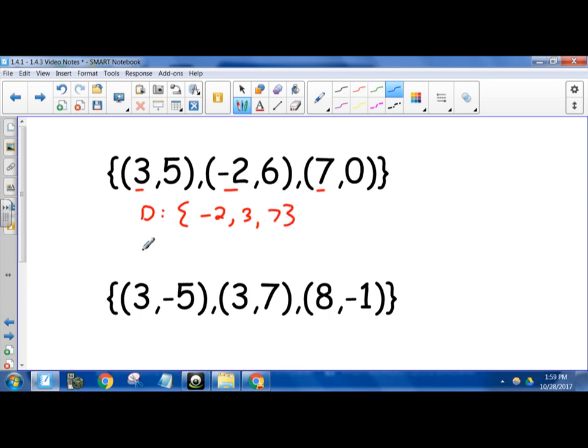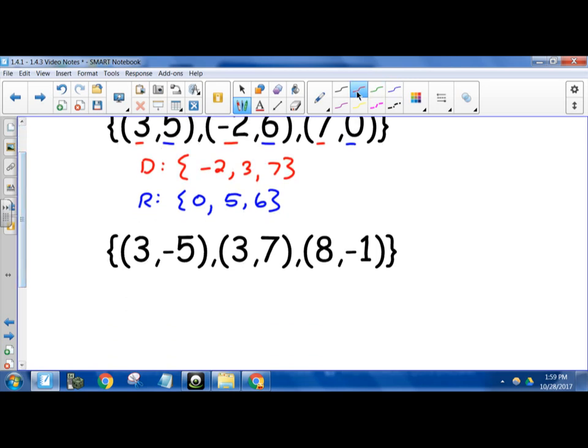That's my domain. Range, same thing for the y value. So that's 5, 6, and 0. So we're going to do 0, 5, 6, curly brace. All right, let's try another example. So domain of the bottom one here, you got 3, you got 3, and you got 8. So we open up a curly brace, we go 3, we don't write the second 3 again, 8, close curly